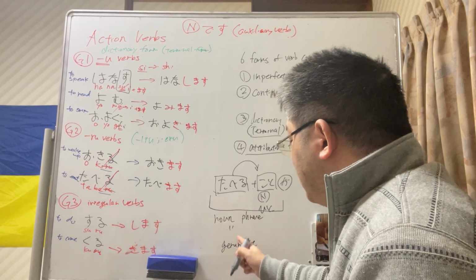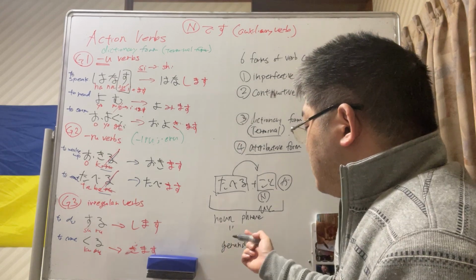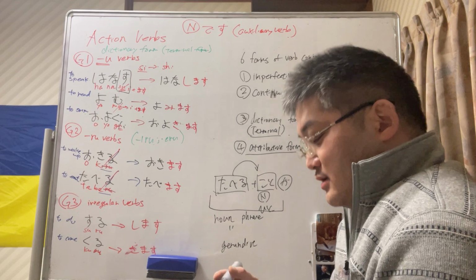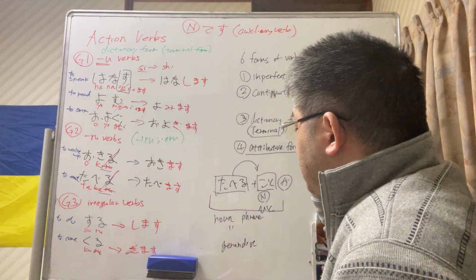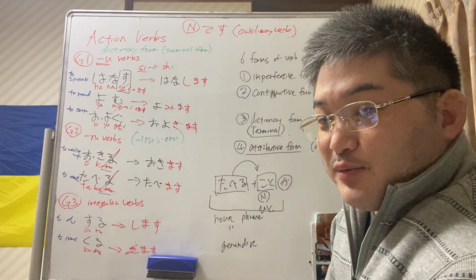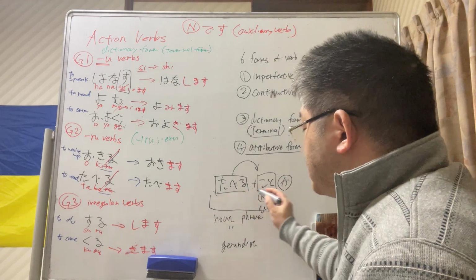Gerundive means it's a verb. A noun phrase is probably the best way to explain it. So 食べる is in it, but